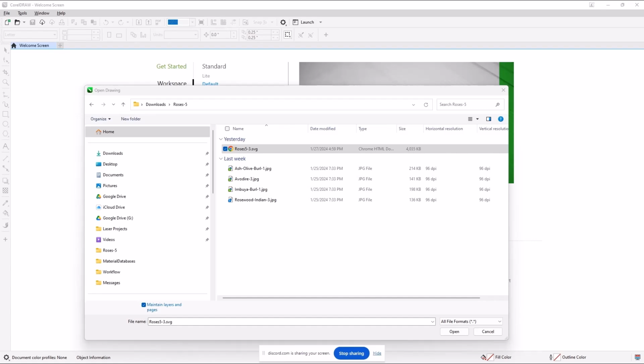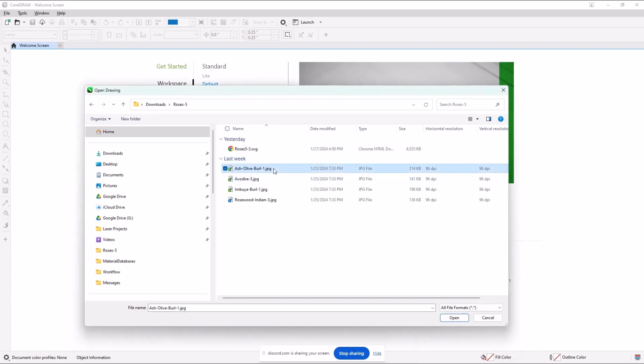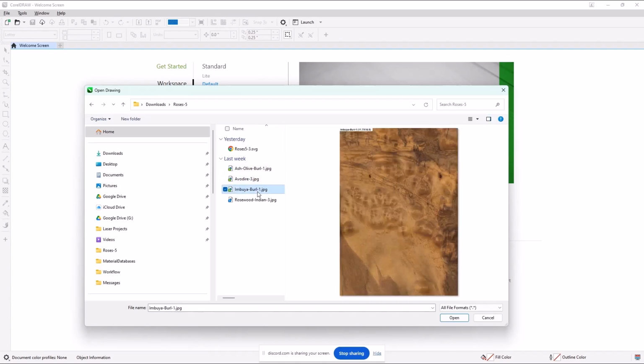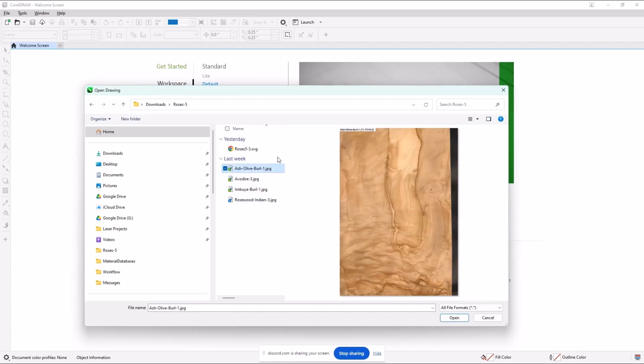One of the reasons for checking anything before you go in is it's a lot easier to see if your veneers are okay or not. So, for example, on this one, Olive Burl, I've got a preview mode, and what you were looking for, he's got it stashed with the actual size of the object as part of the image. If you get into whatever program you're using and it's not measuring correctly, then you may have to do some other steps offline, and I'll explain that later if needed. But the first thing right now is these are the veneer pictures that he's provided for the roses.